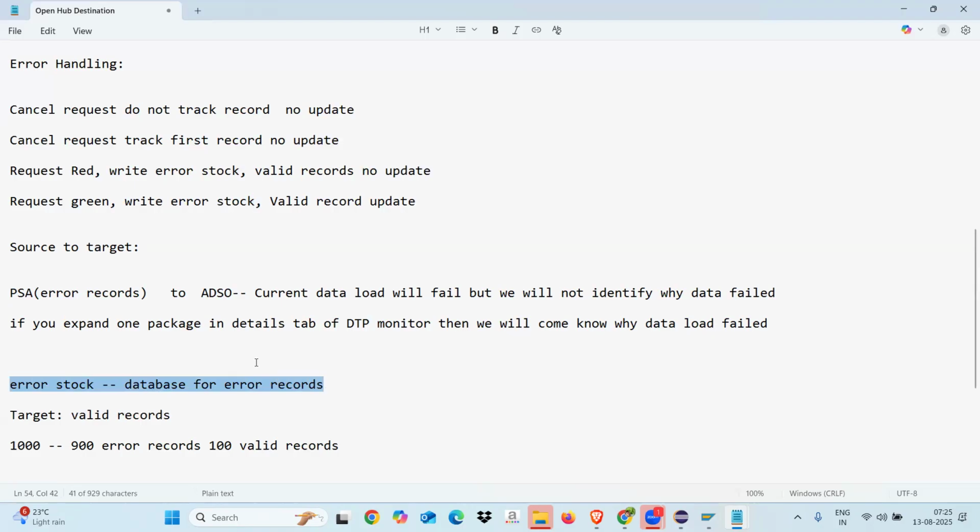Select one record and modify it. Why is it failing? If we have any special characters or hash values, remove them. If we have any bad data for units, remove them and update a valid one. Finally, it is updating 100 records to the target. Whatever corrections you do in the error stack level for the 900 records,